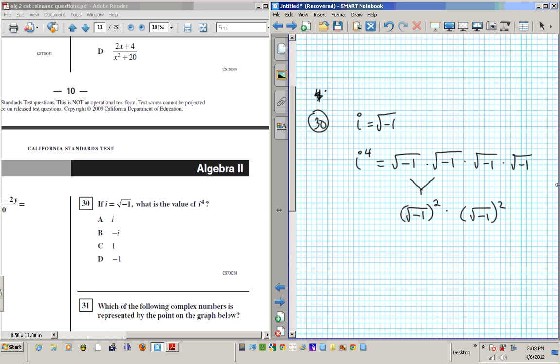okay? So on the left side, the square and the square root cancel. This one, the square and the square root cancel because they are inverse operations. So you're going to have minus 1 times minus 1, which is 1. And your answer for number 30 is C. Okay? Alright, let's move on to